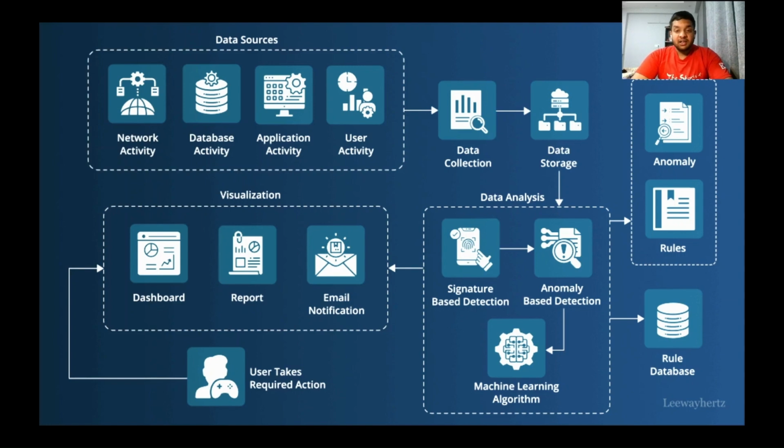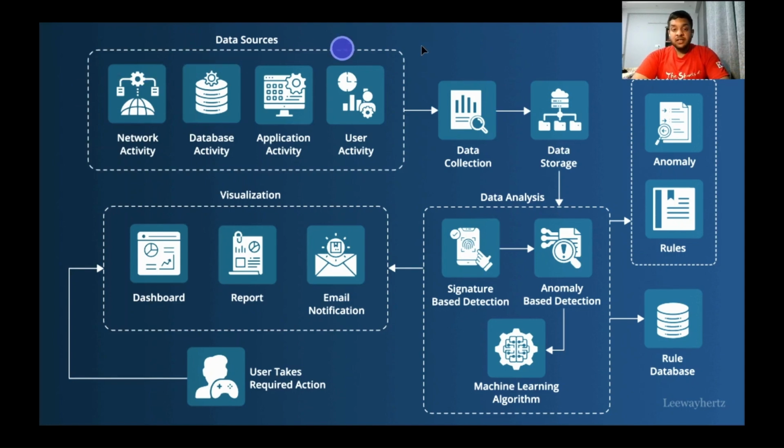First, we'll talk about network activity. Basically, in this, machine learning algorithms track traffic like IP connections, bandwidth usage, and unusual communication patterns. Second is database activity. Here we monitor changes in databases like insertions, deletions, and suspicious queries. Third is application activity. Basically, we look into how software is being used. For instance, if a vulnerable app is exploited, we'll raise a flag. Next comes user activity. We observe user behavior such as login patterns, access times, and command usage. All these logs act as raw input for our system.